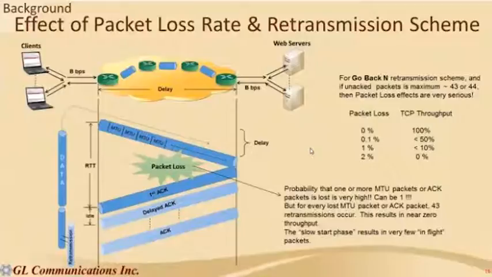Okay, so there are some more factors which affect the throughput, and one very important factor is packet loss in the network. Whenever there is a packet loss and we don't receive an ACK, the TCP has to retransmit, and there are two methods to do this. One is go back N retransmission. For example, we have this buffer with a capacity of 43 MTUs, that is 43 TCP packets, and we transmit